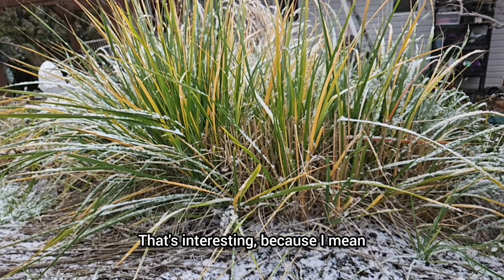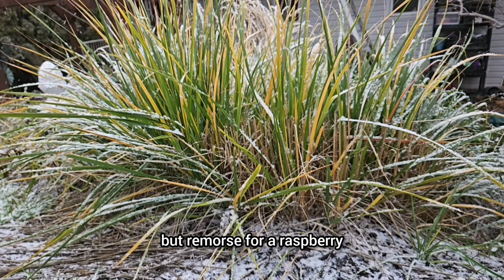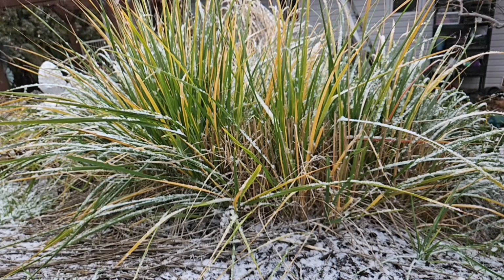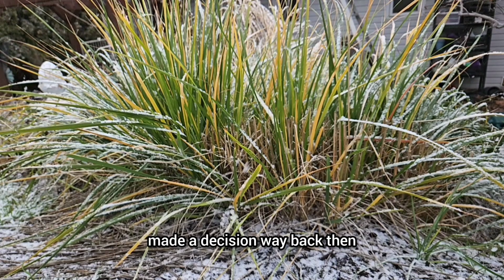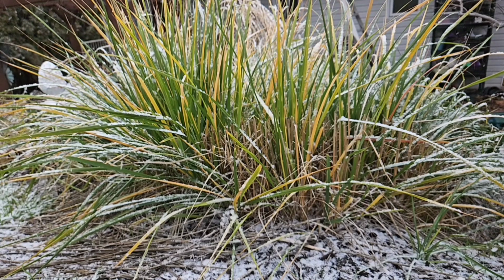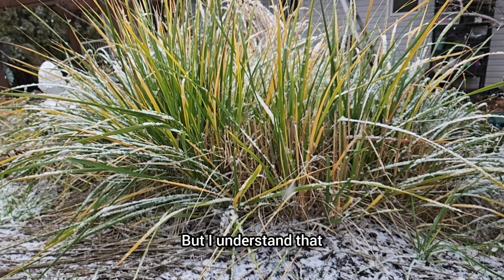That's interesting, because remorse for the oleander almost made sense, but remorse for a raspberry, reconciliation on a hazelnut? I guess if she made a decision way back then and wrote a book about it, it's got to be true. Oh, it's in print. It must be true. And it's not even on the internet. Well, it might be. Well, there you go. But I understand that it's